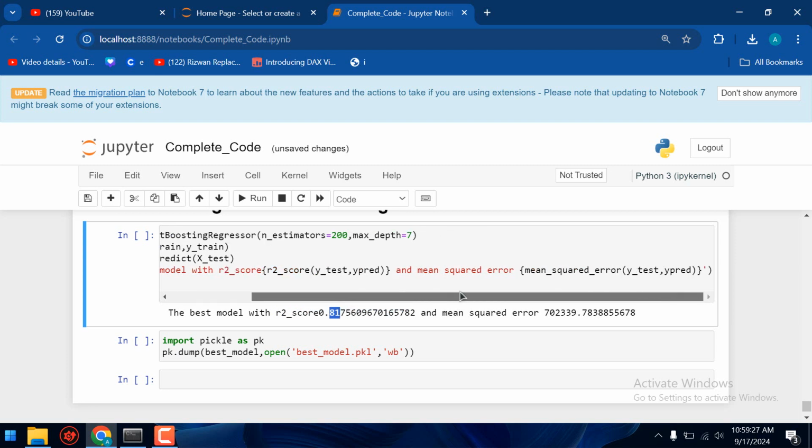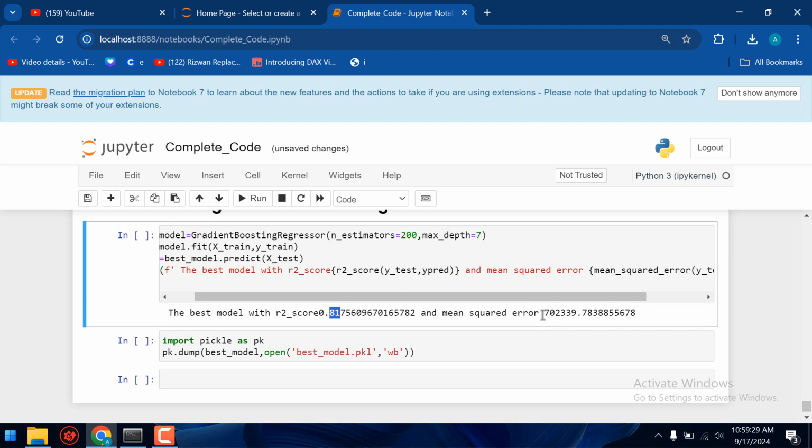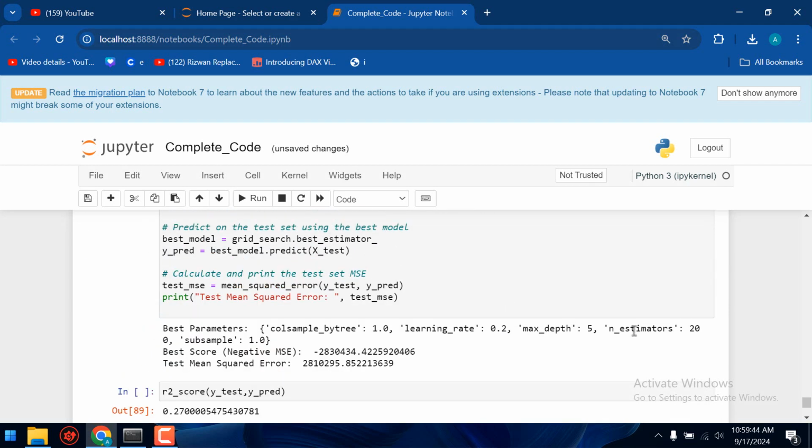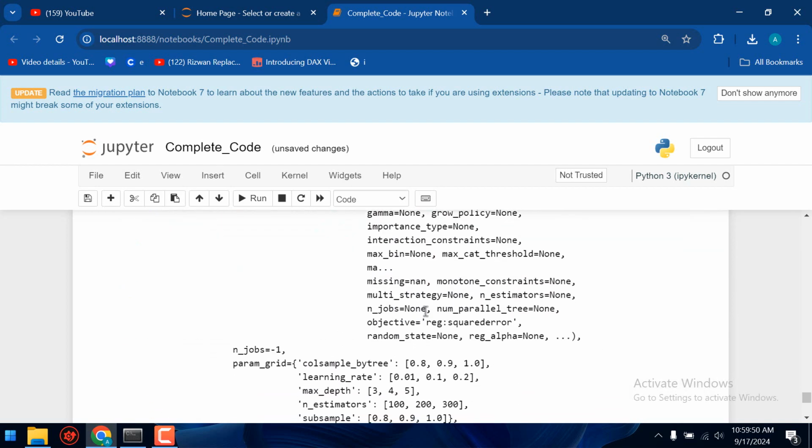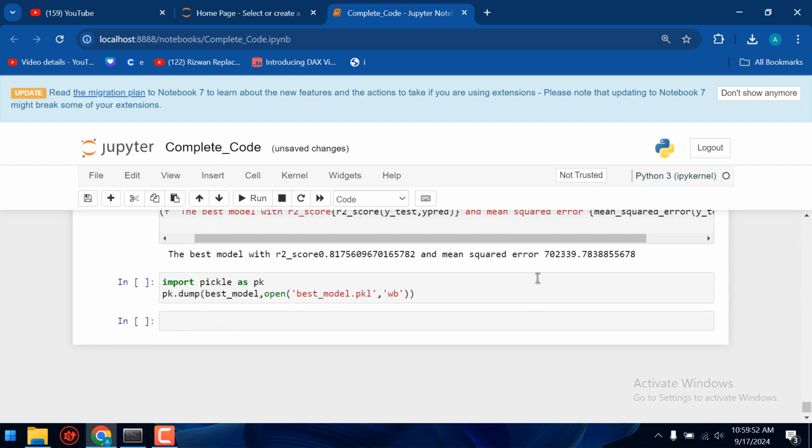The mean squared error is roughly 7,02,339. Okay, so this is my mean squared error, and it is quite less if I compare it with the others. So that's why I selected this model.